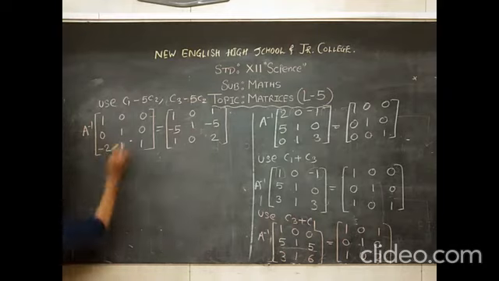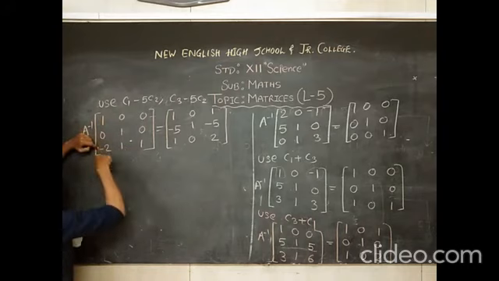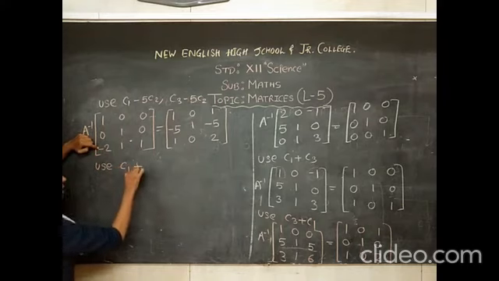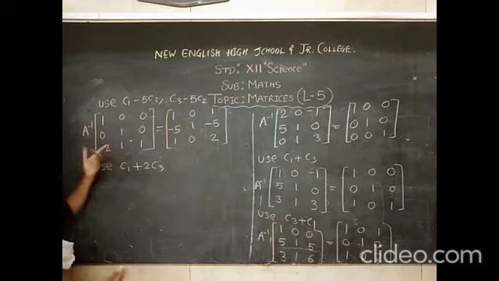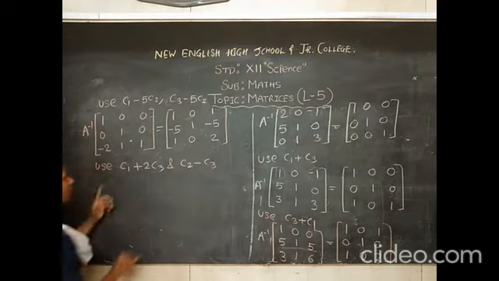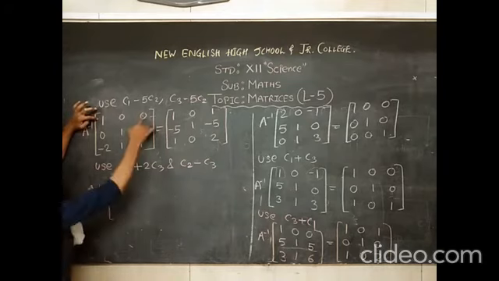Means what we will do here, I want to make change over here, 0 and 0, and this belongs to first column. Then we will use C1. To make minus 2 0, we want to add 2. So minus 2 plus 2 times this means C1 plus 2 times C3. And this is same number, simply C2 minus C3. Use this and this. Let us find, therefore A inverse into C1 plus 2 times this.